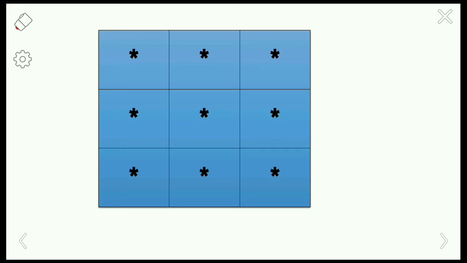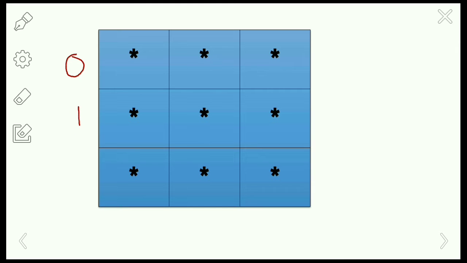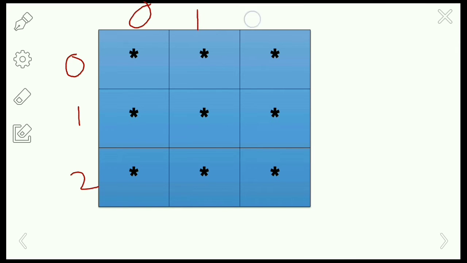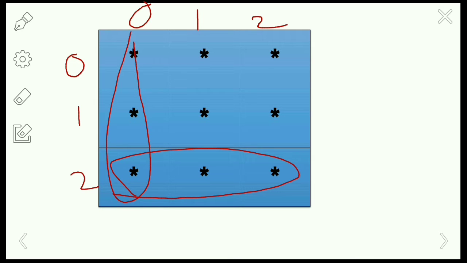If you observe it clearly, in the square we are having 3 rows and 3 columns, right? So here we are having 3 rows and 3 columns, that is, the first one is 0 1 2, and similarly here 0 1 and 2. So this is the row and this is the column. Like this we are having 3 rows and 3 columns, right? Okay, so here in the square